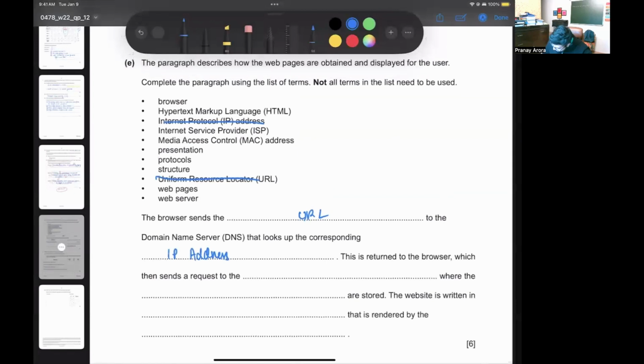Then this sends the request to the web server to establish a connection, where the dash are stored, where the web pages are stored, because that's what is going to be rendered once the connection is established. Pages are stored. The website is written in dash, obviously, the website is written in HTML language, right? That is rendered by the browser. Simple,